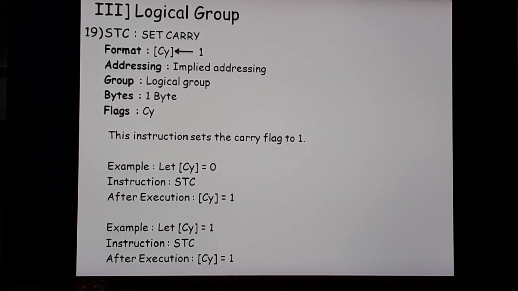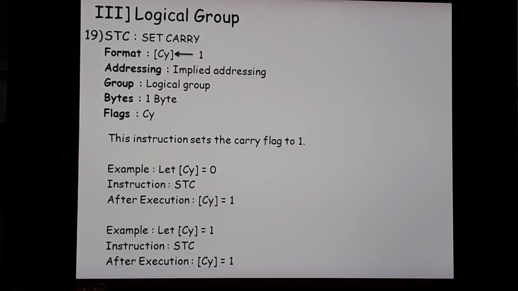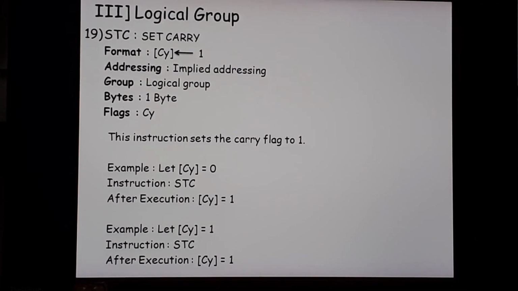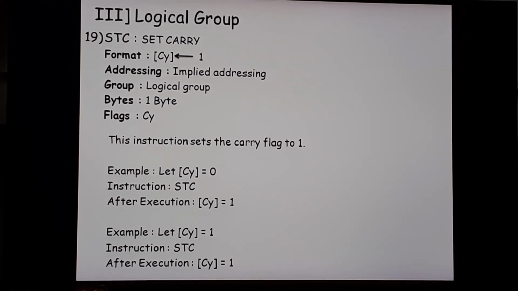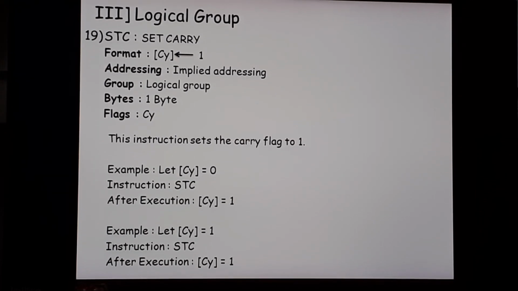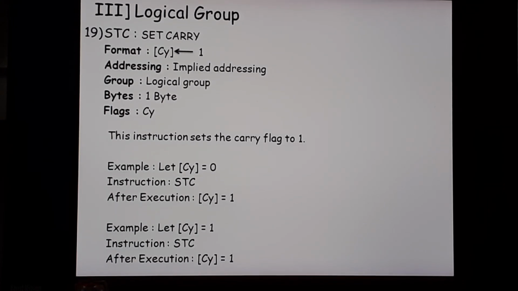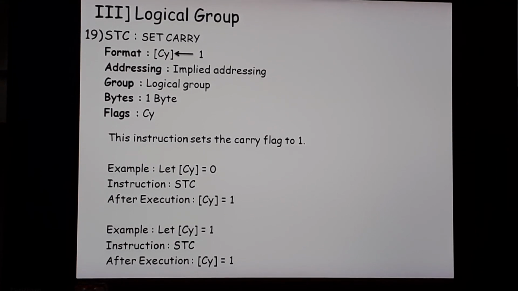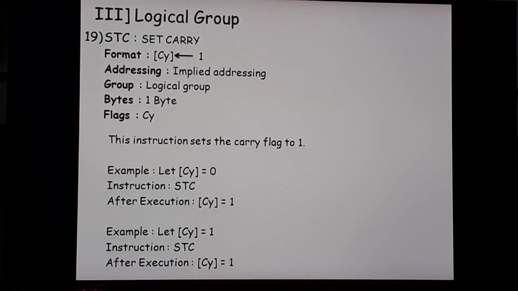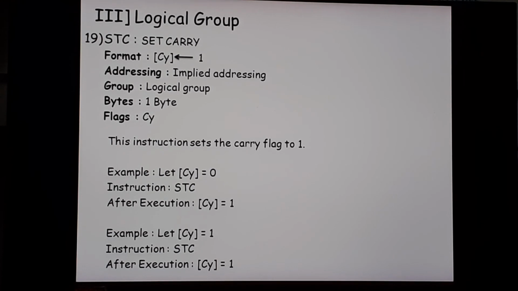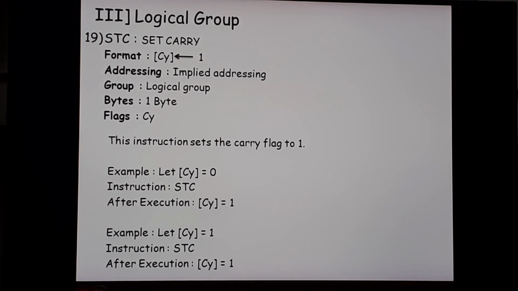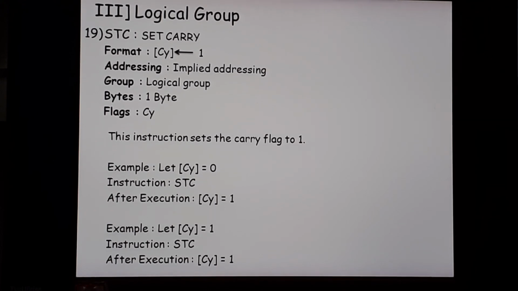So these are the 3 instructions that we were left with for this particular group, and we completed this third group, the logical group, in this video. In the next video we'll be continuing with the fourth group, that is the branching group. One more group is left, so we totally have 5 groups in this chapter. We only have instructions in this chapter, so we have to learn the instructions very well. We have 5 groups with many instructions inside them, and we only have the instructions to learn in this chapter. Again I'm telling you all, we don't have any question answers in this chapter, so you have to learn these instructions very well.